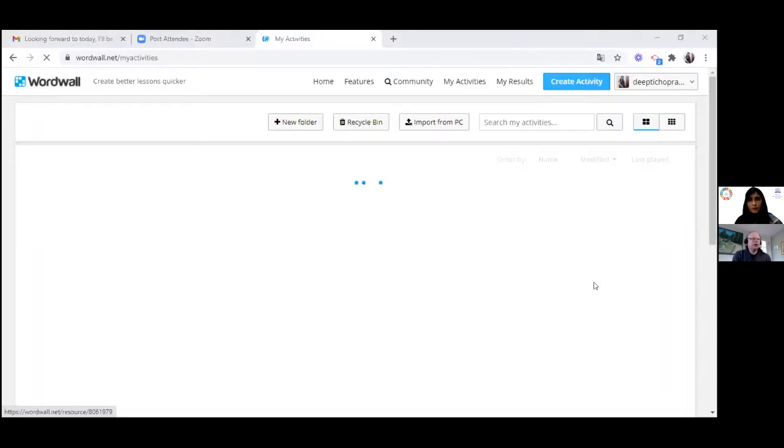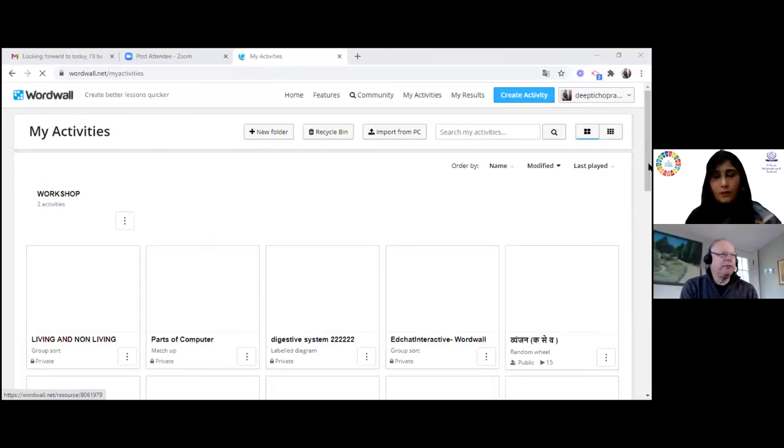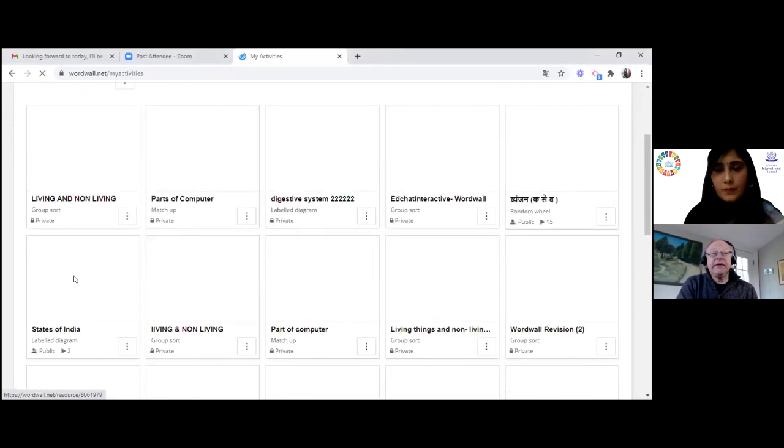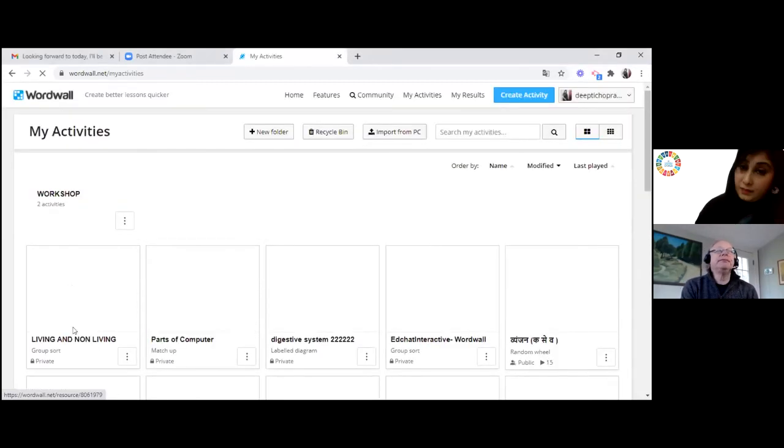And I'm thinking that this example of splitting is good for any time you want to sort things into two different groups. So if you're teaching consonants versus vowels, or living versus non-living, but there are so many others: pronouns, nouns, verbs, adjectives versus adverbs. So here is the game.